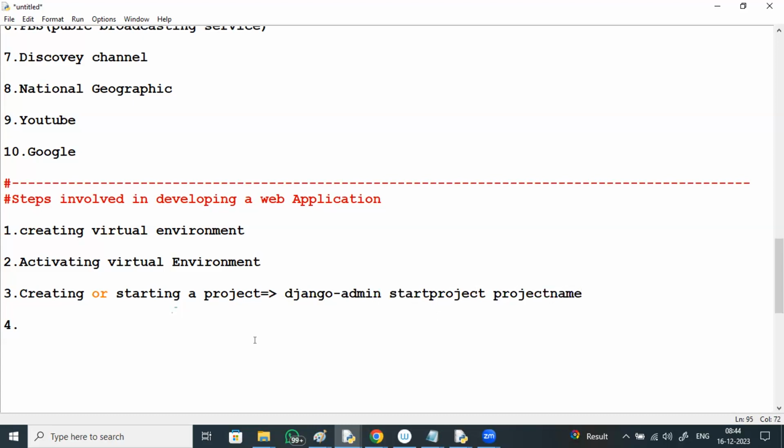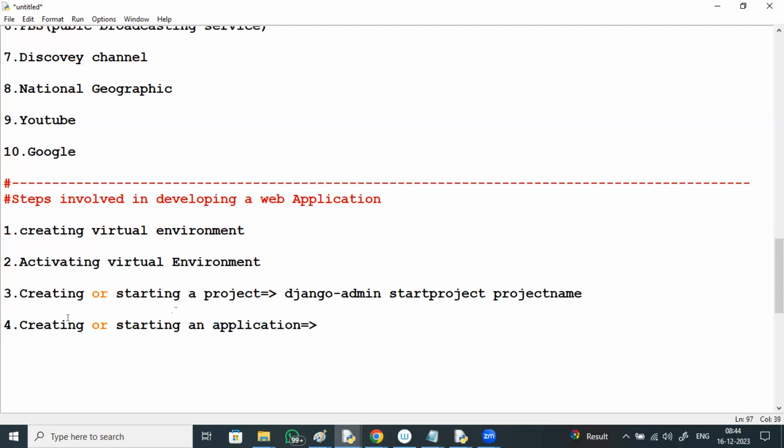Next, creating or starting an application.